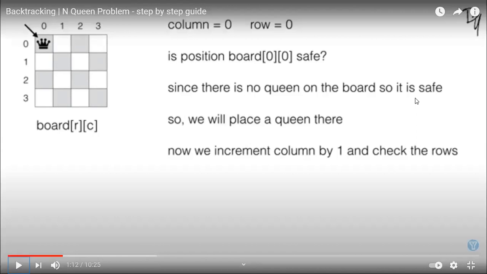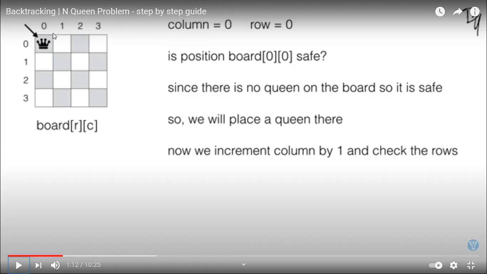So whatever position you place the first queen in is the safe position. So we will place the first queen at 0, 0.